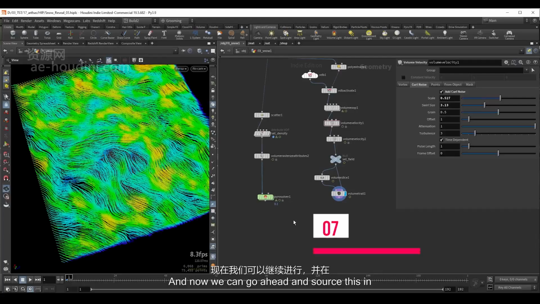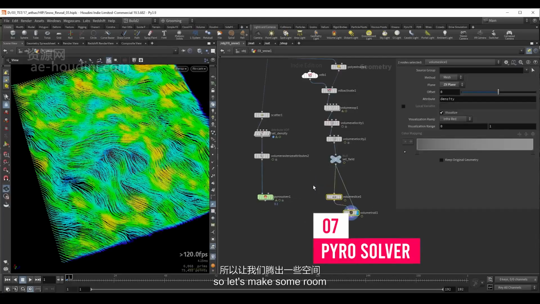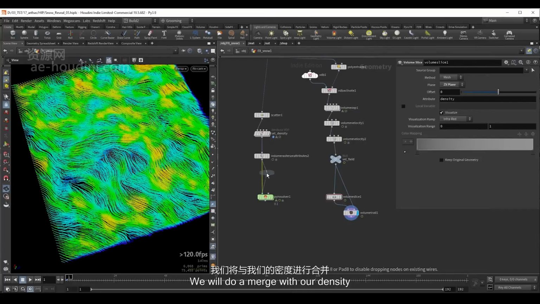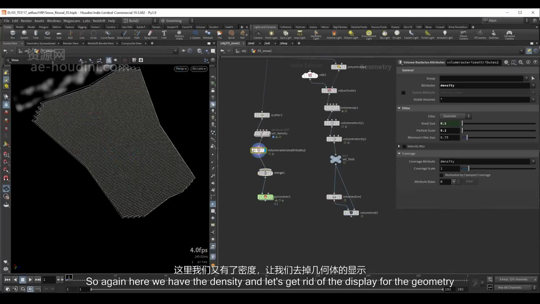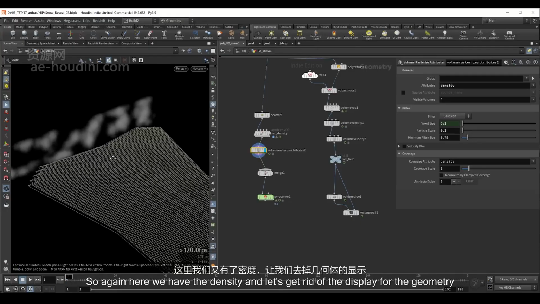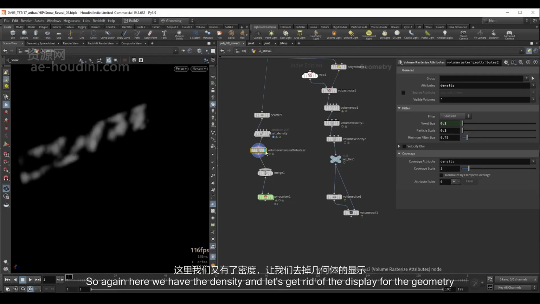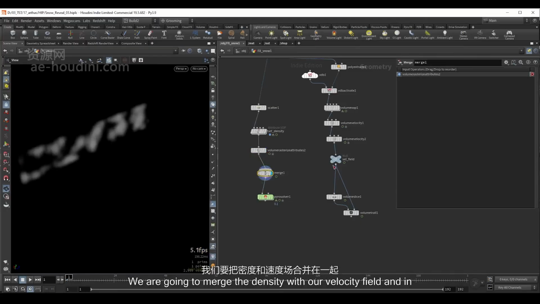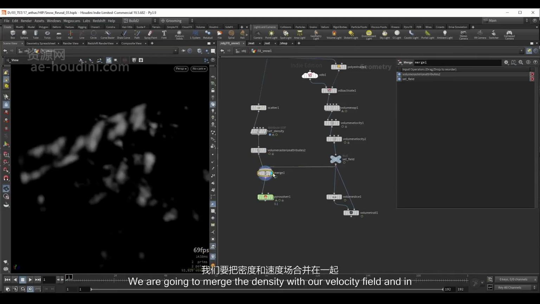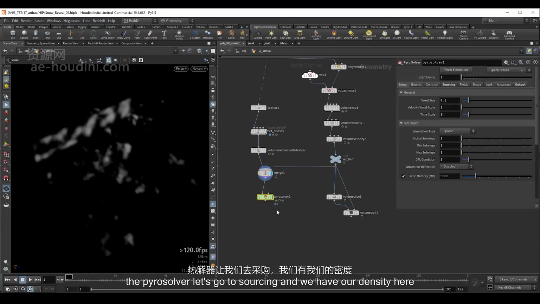And now we can go ahead and source this in. So let's make some room. We will do a merge with our density. So again, here we have the density, and let's get rid of the display for the geometry. We no longer need this. We are going to merge the density with our velocity field, and in the Pyro Solver, let's go to sourcing,